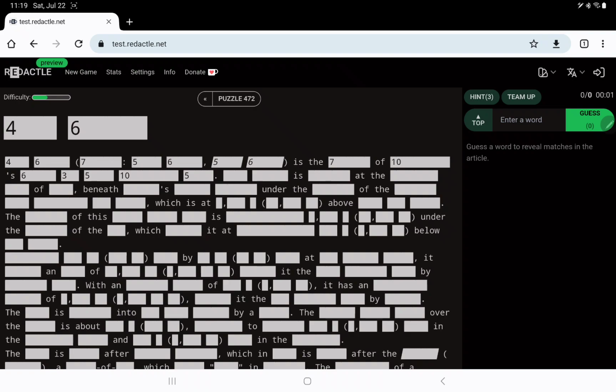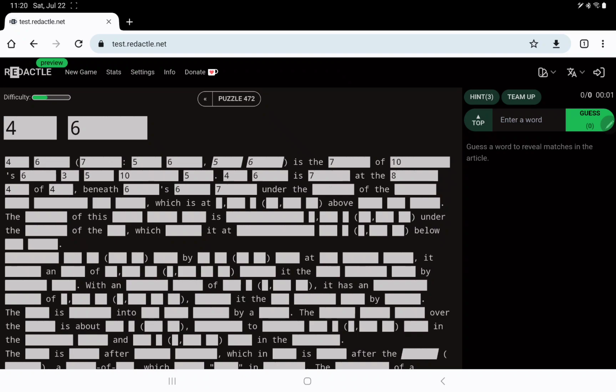Immediately thinking some countries, 6, 3 something. Anyway, 4, 6 is located, maybe, at the northern southern side of 4 beneath